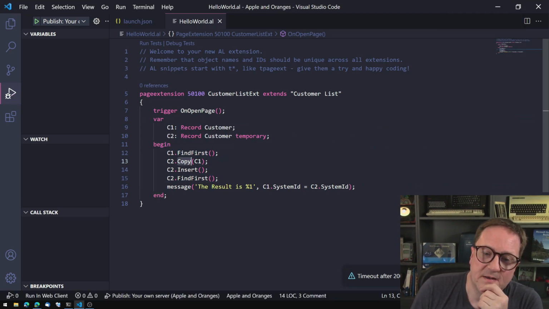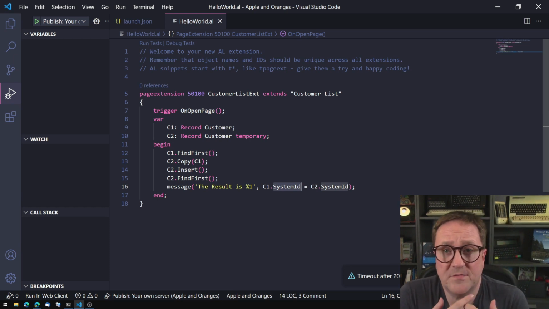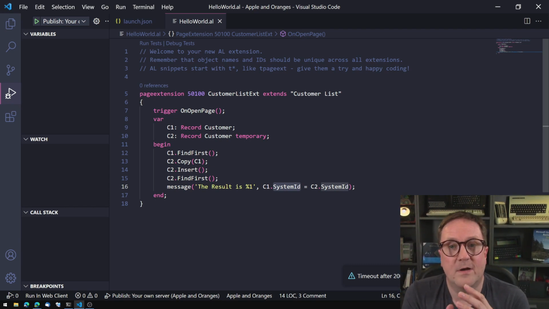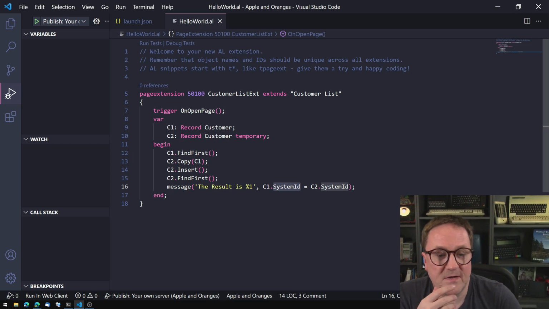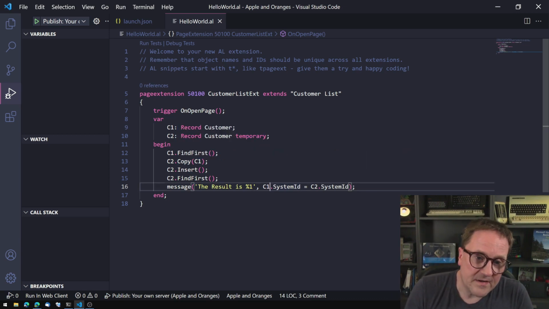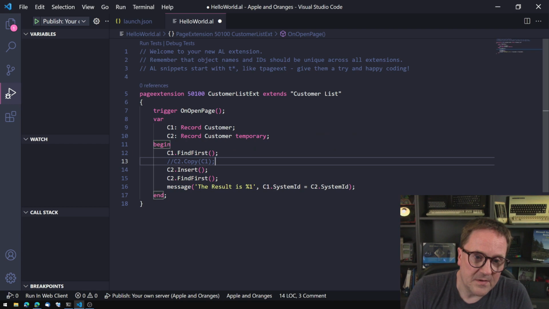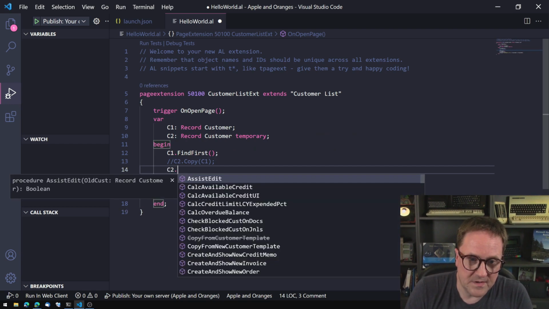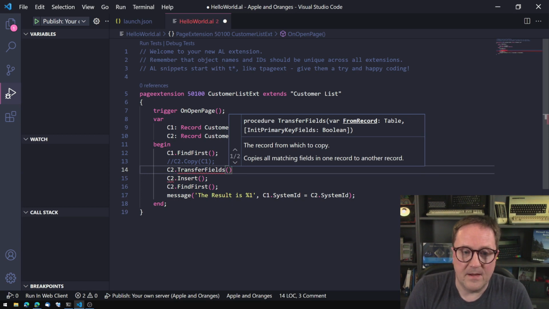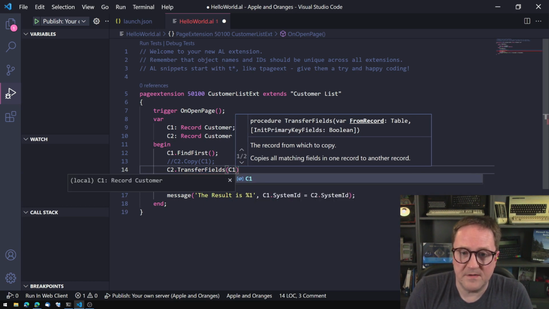So that's interesting again, because what Microsoft promises with the system ID is that it's unique on the table, not across tables. And in this case, the copy function will actually copy that piece also. So let's try something else. Let's see, what if we do C2 dot transfer fields, and we want to transfer some from C1,